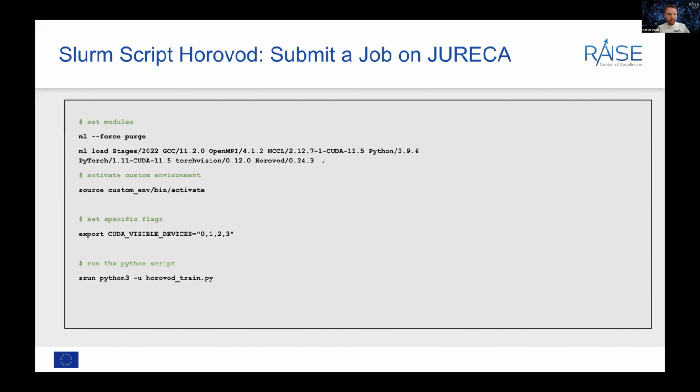So in my case, I actually have all the modules I want to use already installed on the HPC machine. So if I just want to run my basic training script, I actually don't need my custom environment anymore.